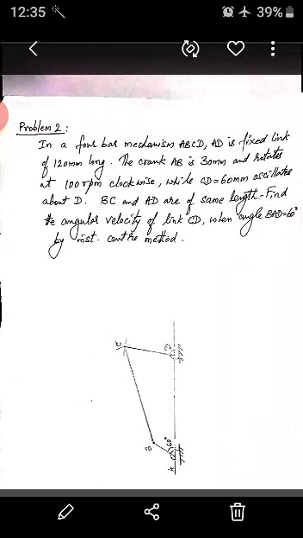So this figure is not given in the question paper. You have to read this problem and draw the figure to some suitable scale. Because 1:2 is convenient, I have taken 1:2. Is it okay? So he has told again, find the angular velocity of link CD. That means he is very much interested in omega 4. In the previous problem also, we found omega 3 and omega 4. Now he is asking only omega 4.